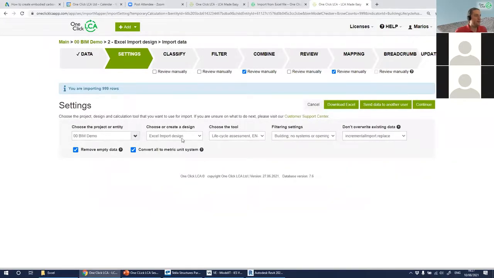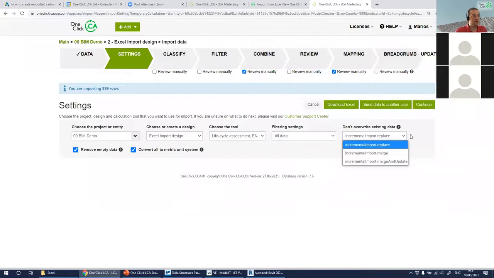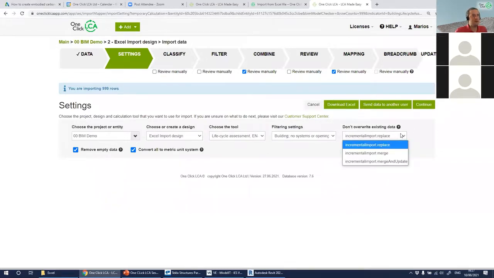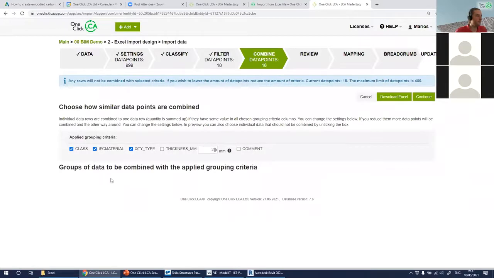And the same project, same design, all data, but in this case, okay, I will just update it because I should be able to see. Oh, yeah. I will select to update the Excel file actually, and once I continue,